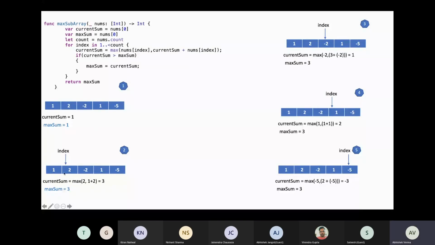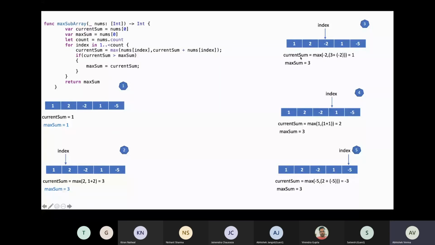As soon as I reach this index position, my current sum becomes 3, which is greater than my max sum, because max sum is only 1 at this point. So I assign max sum as 3. Continuing further, we move our index to this position.